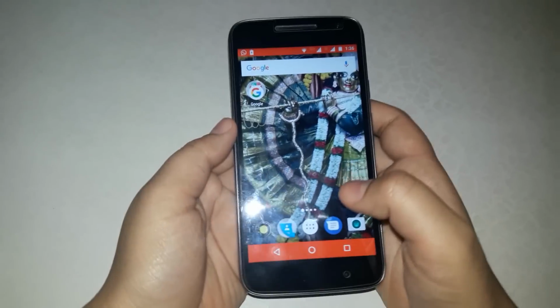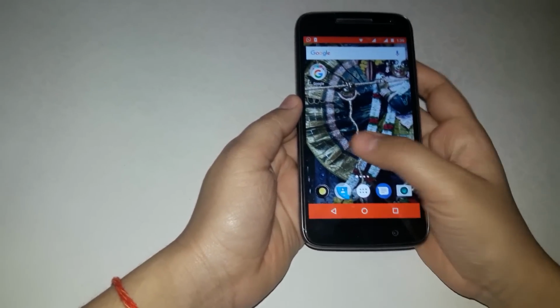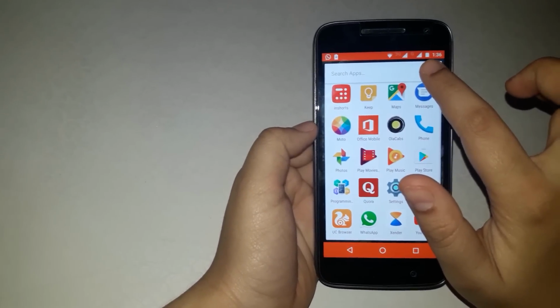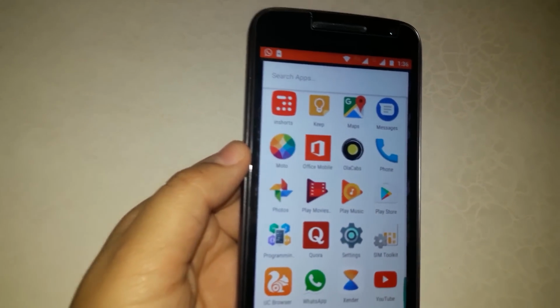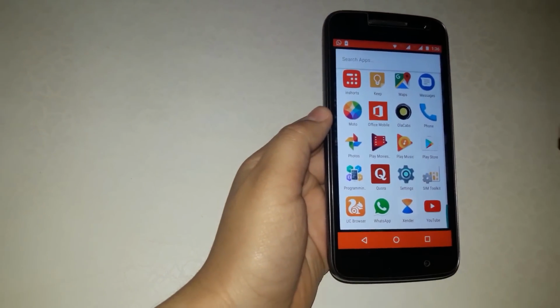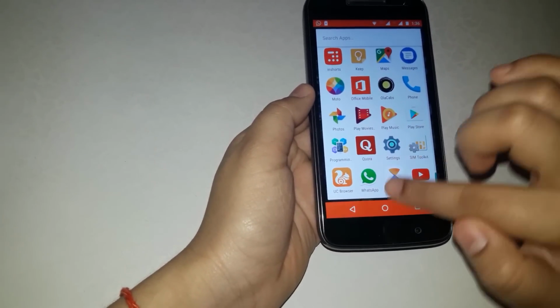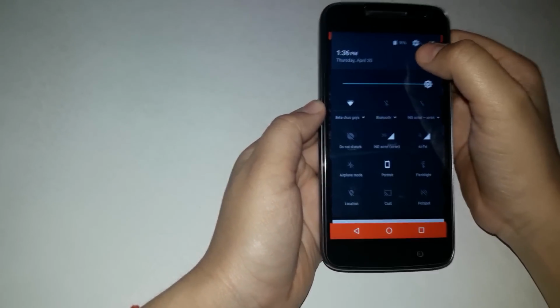And now one more feature they have added. This is the last feature but not the least one. So just go to the menu. See, you can see that here for the battery, no percentage level is given. If you want to see what percentage level your battery has, just go to the settings. Here in settings, you can see the setting symbol.